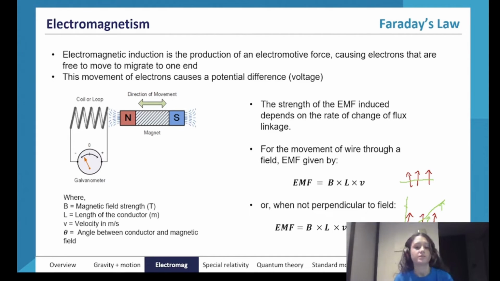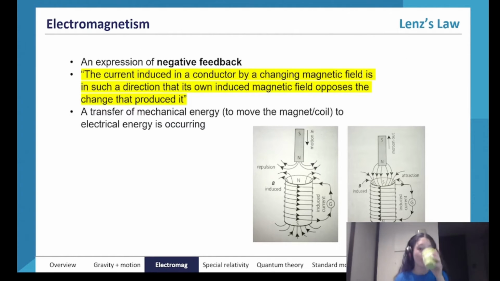What this tells us then is that if a wire is completely parallel to a field, or in other words, if theta is 0, then there's not going to be any force induced. And that's of course because the sine of theta of 0 is equal to 0. So that's just something to remember, mostly for maybe a multiple choice question.